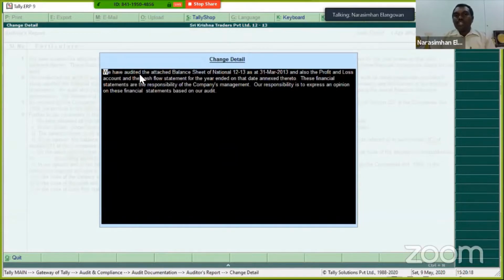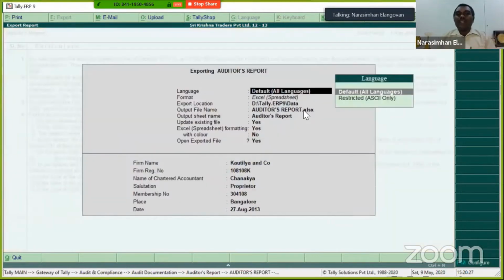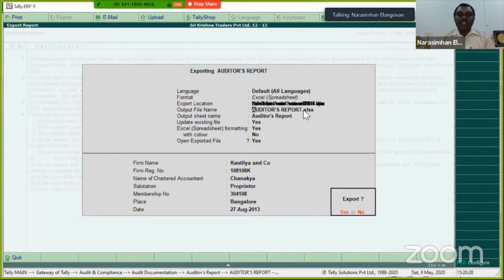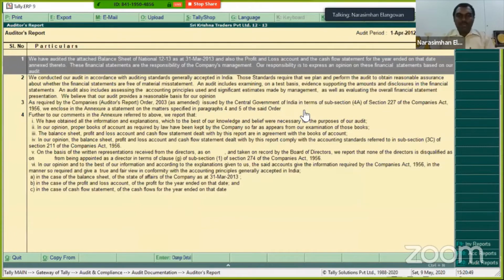So the moment you say we have audited the balance sheet of so and so and etc., this becomes a simple report. All that you have to do is just click on export, and again you have the data available. You will be able to easily take it. Correct. So this way, what happens? You're saving time in preparing the audit report, and you can obviously copy paste and put in. Can I add more clauses? Can I remove clauses? All of them are possible. You just have to spend a minute or two, add clause, delete clause, modify the clause. So the question is only whether we take that additional attempt.